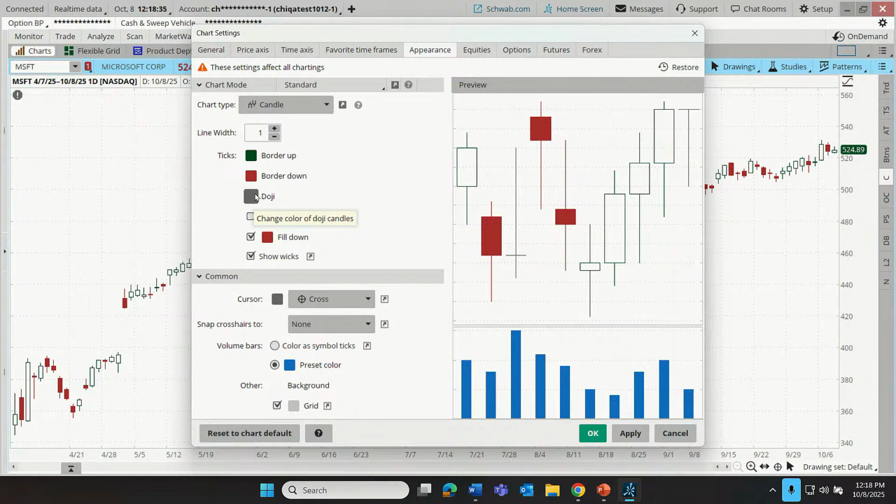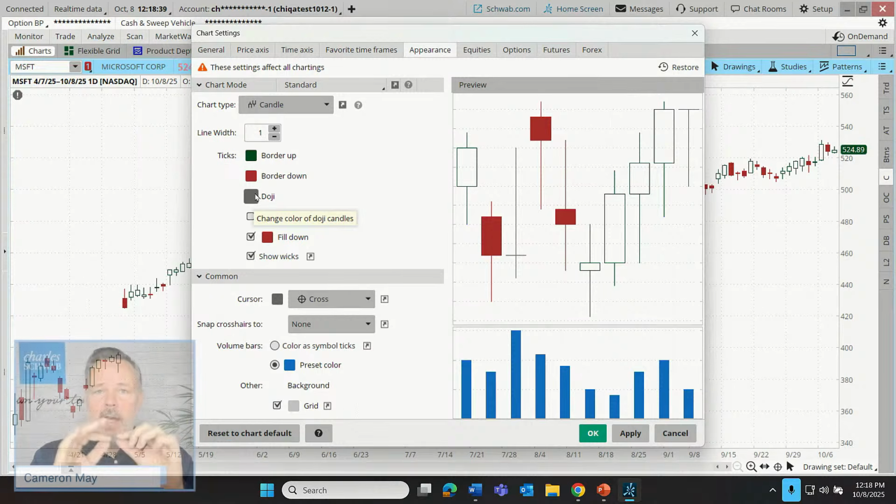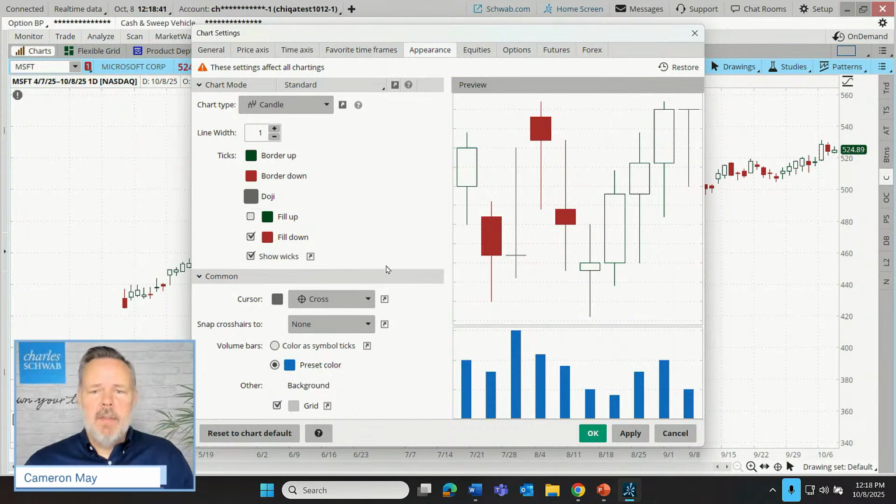Doji candles, which are candles where there really wasn't much change in value on the stock from open to close, those by default are going to show as gray. So we can change those as well. We can check the box for fill up. And what this means is fill the candle body if there was an upward move during the day from open to close.